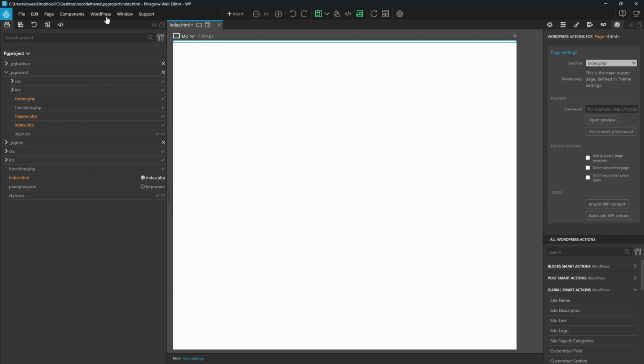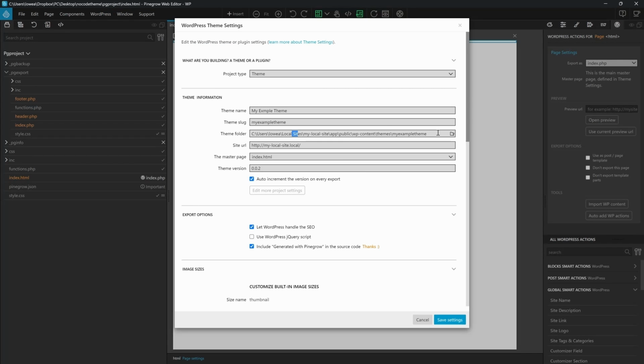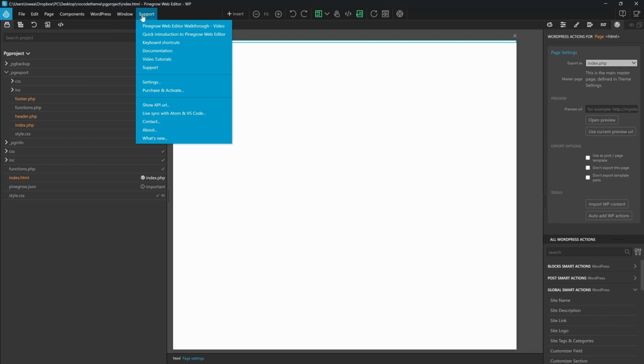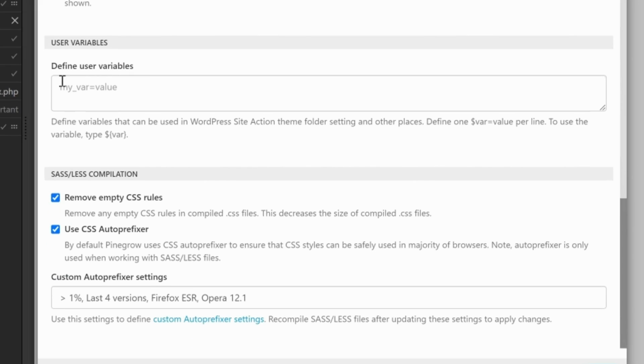Now, the next thing you want to consider is whether you want to take this theme plugin settings, and instead of hard coding this path, you might want to use a variable for this. You might also want to use a variable for your site URL. The reason why is because if you're using multiple computers, you probably want to use that variable so that you can switch out the directory names. The way I like to do this is by canceling out of here. If you come over to Support and Settings, you scroll down, you've got these Define User Variables, and I can